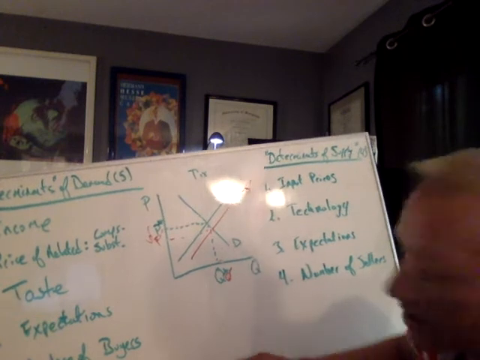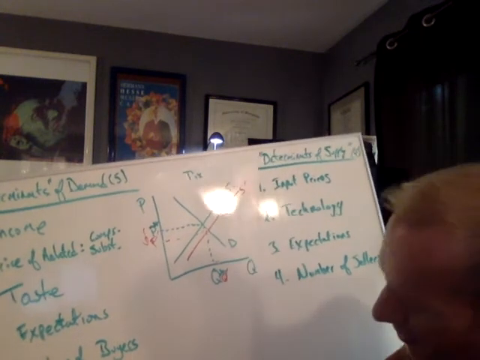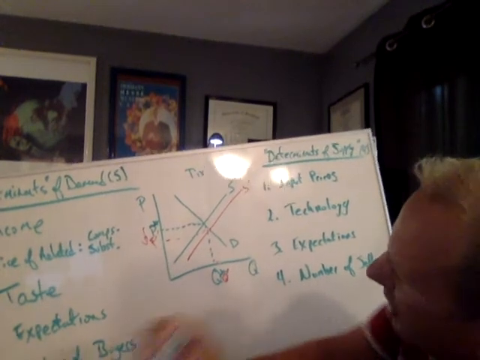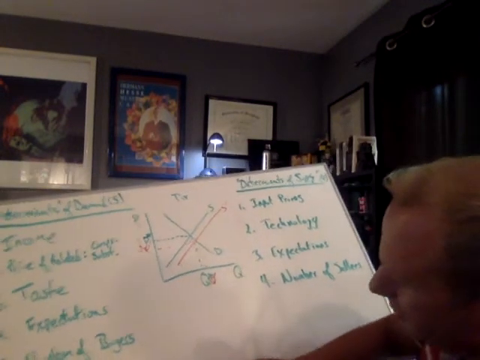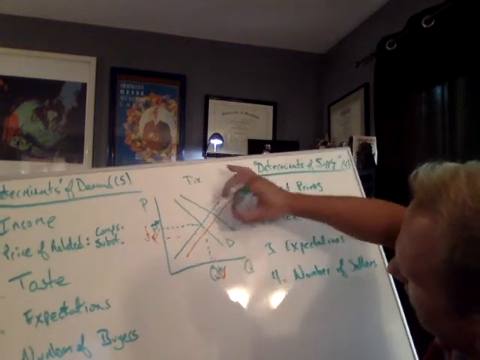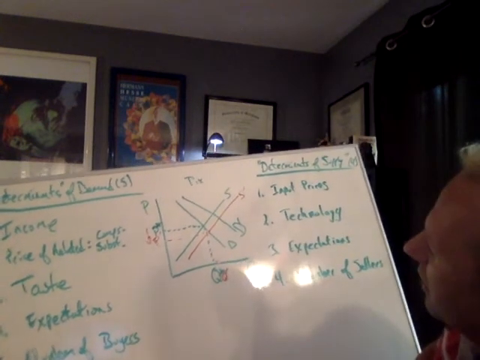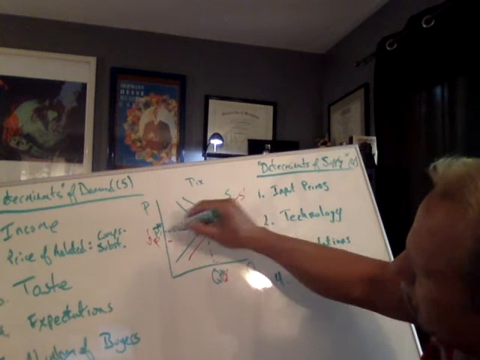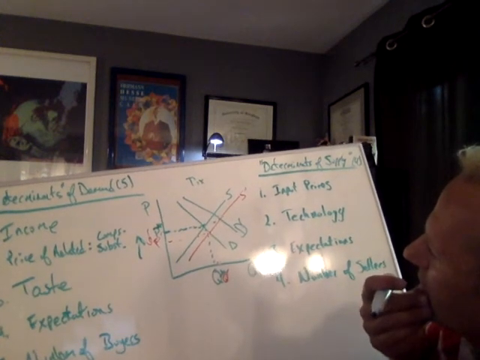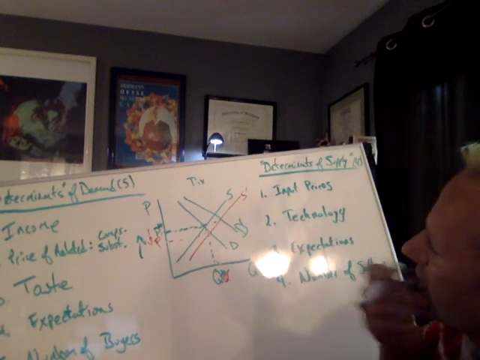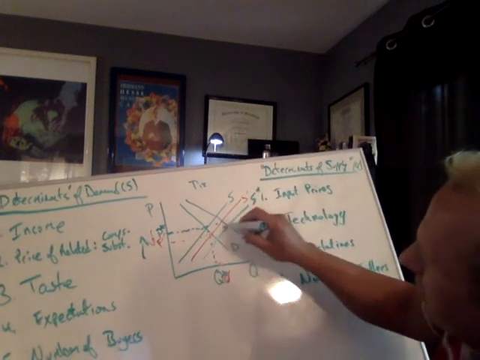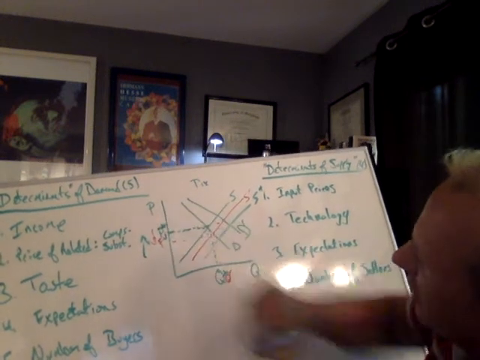A common mistake, I hope that's clear because now I'm going to mess this up. A common mistake is for students to go, oh, cheaper prices raises demand. And then they increase demand. I've seen this. They raise demand. And then they go, okay, well now the price is up. And then they go, well, higher prices, not only do consumers want to buy less, sellers want to sell more at higher prices. So then they draw in another increase in supply. And then they go, well, now the price is back down. And then they go, well,